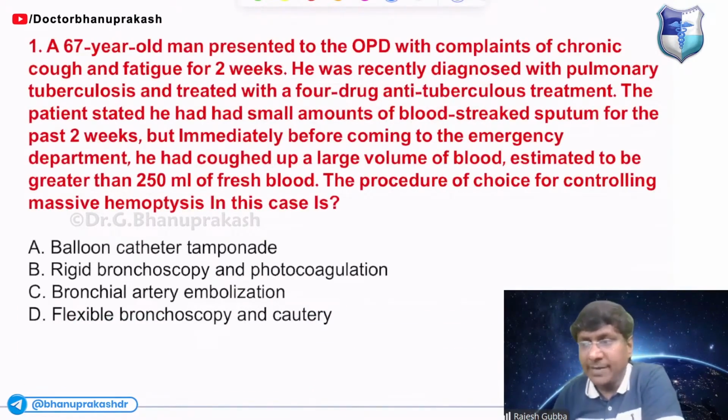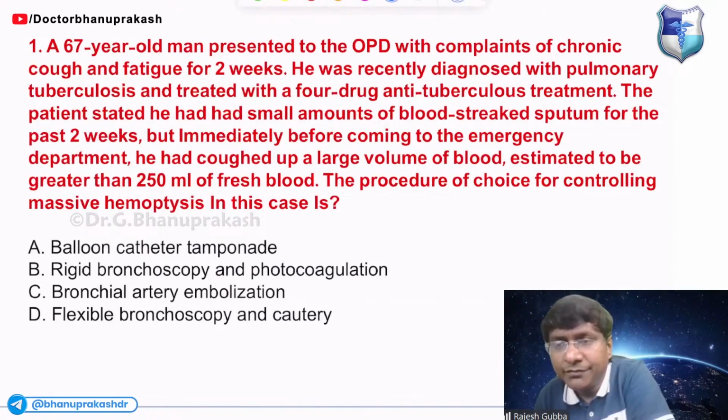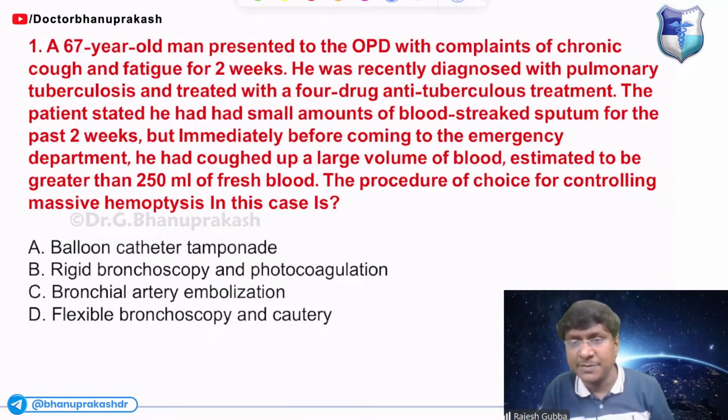We have a 67-year-old man presented to the OPD with complaints of chronic cough and fatigue for 2 weeks. He was recently diagnosed with pulmonary tuberculosis and treated with 4-drug anti-tubercular treatment. The patient stated he had small amounts of blood-streaked sputum for the past 2 weeks, but immediately before coming to the emergency department, he had coughed up a large volume of blood, estimated to be 250 ml of fresh blood. The procedure of choice for controlling the massive hemoptysis in this case is,